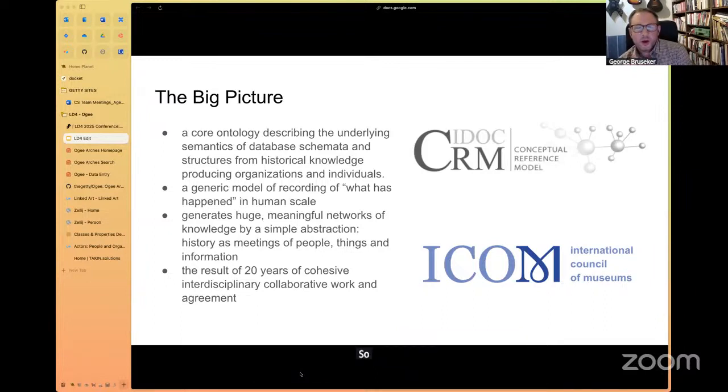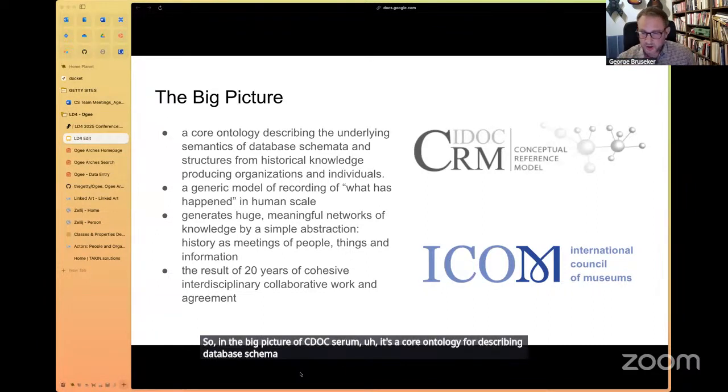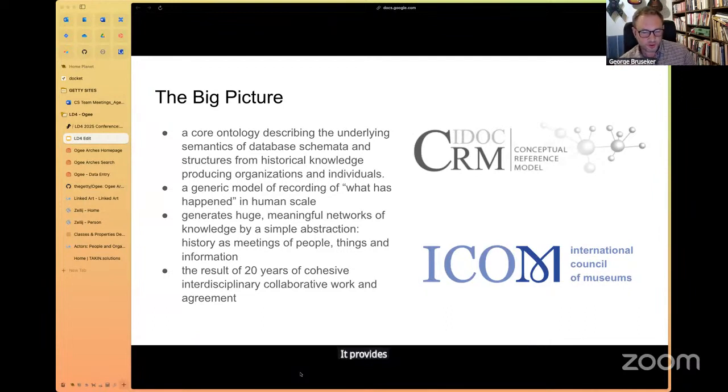So in the big picture, CIDOC CRM is a core ontology for describing database schemata in the museum and historical knowledge world. It provides a general model for information that's happened at a human scale.